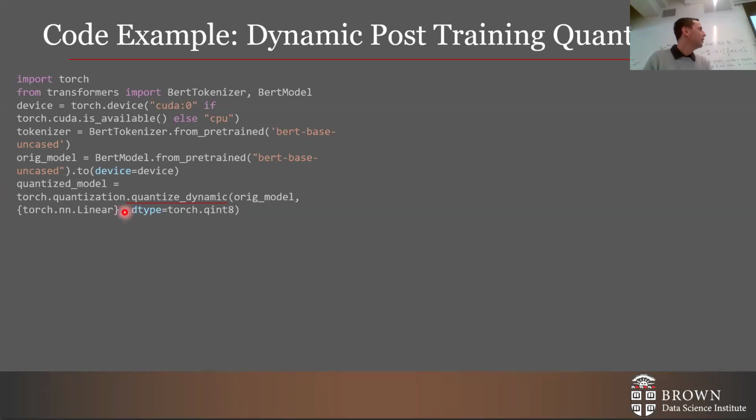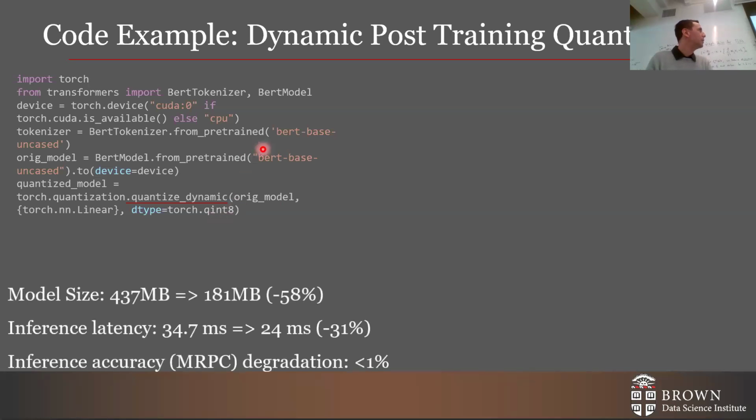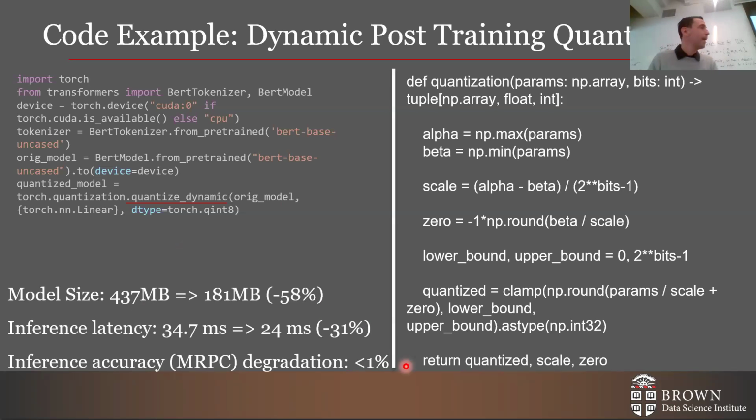So Torch actually introduced dynamic quantization. You can give it a model and a type, and it quantizes the activations. If you take a BERT model, a small model, in today's world it's already small, you can see the output: a dramatic reduction in memory size and in latency, but a small degradation in accuracy. And if you want to implement that yourself, then again, just do the scaling. We get our parameters, we get the mean, we get the max. We can scale that, and then we can just clamp, that means trim, based on our scaling.